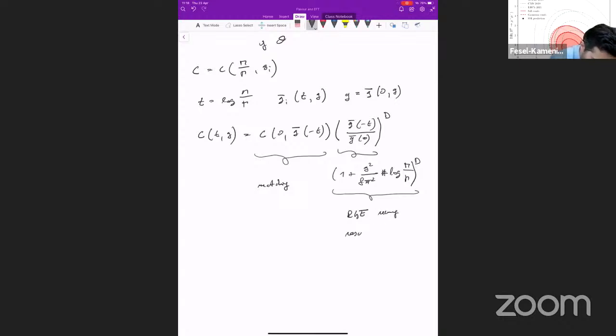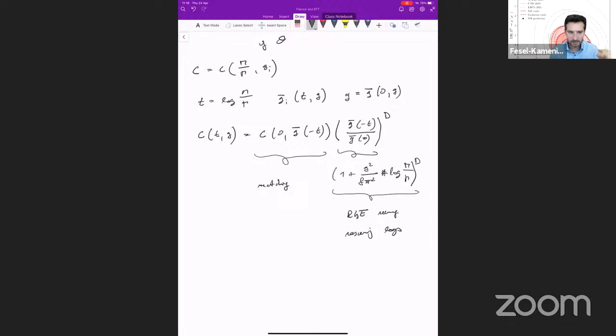Running is resumming the leading logs. Okay. So armed with this, at least I hope, an intuitive understanding of how EFTs can help us to